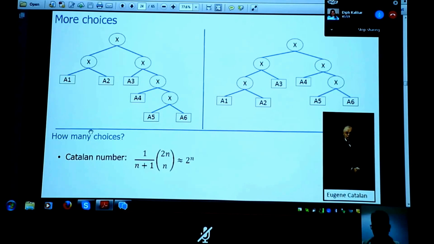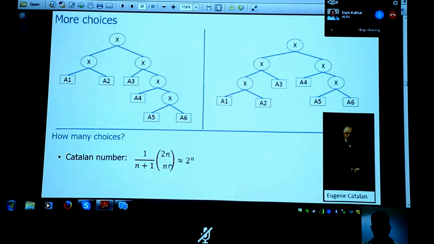This number is called the Catalan number, and this is its formula: 1 by n plus 1 times 2n choose n, right? And that's roughly 2 to the n. This Catalan number is an interesting number in combinatorics. It keeps appearing again and again. As you can see from this picture itself, one thing is it counts the number of ways by which a matrix chain of length n can be